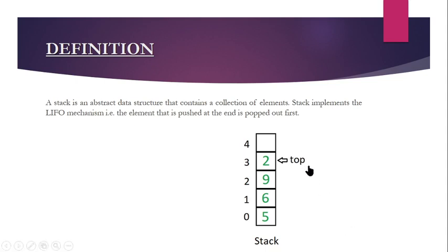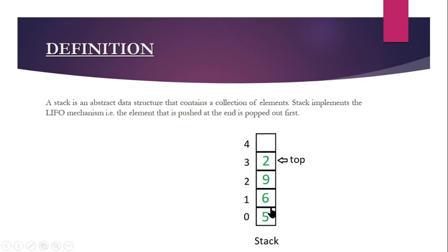And we use a keyword called top. That is mandatory. We have to use top for stack. Initially this top will be -1. We have to assign top as -1. That means it hasn't been assigned to any array index. That's the meaning of it. Initially top should be assigned as -1. That means it is not pointing to any array element.